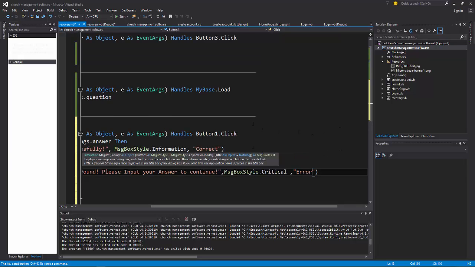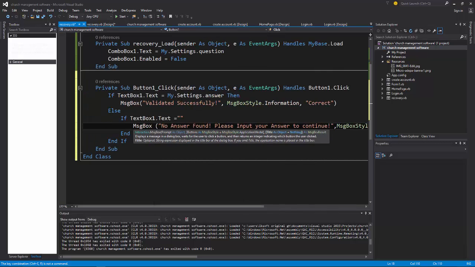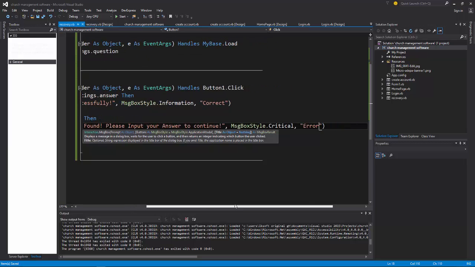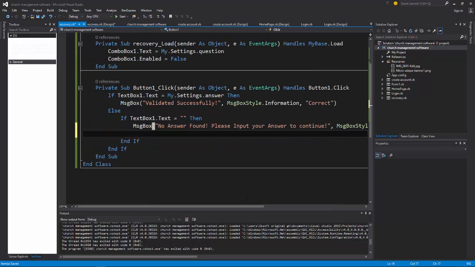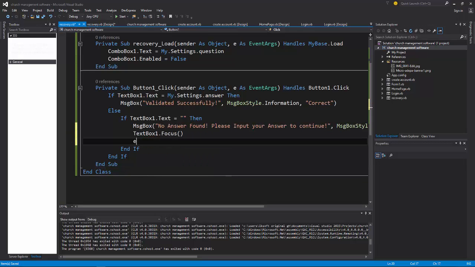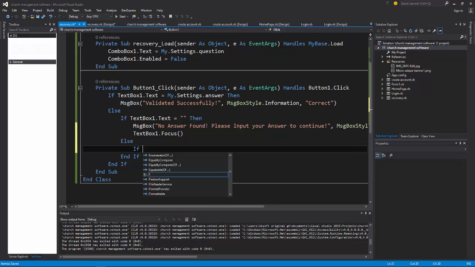All right, so I hope you are enjoying this particular lesson. So if it tells you that, then the text box 1 dot focus, right? Else, if